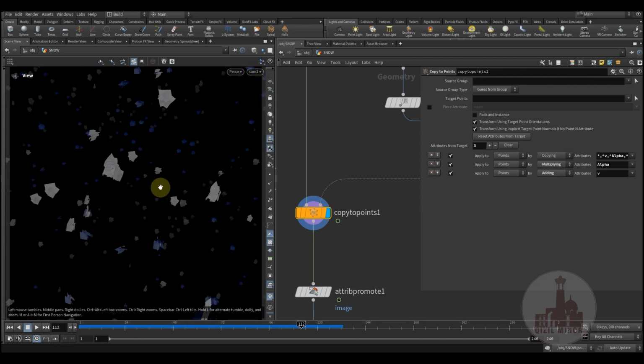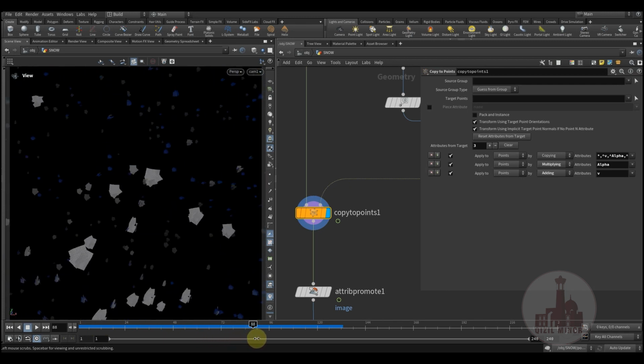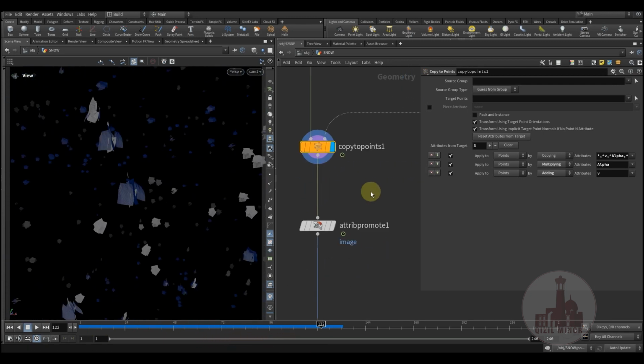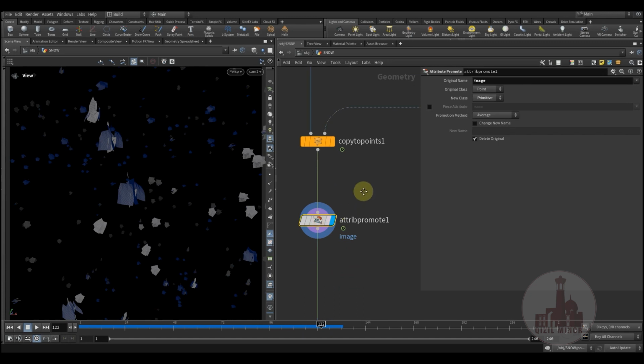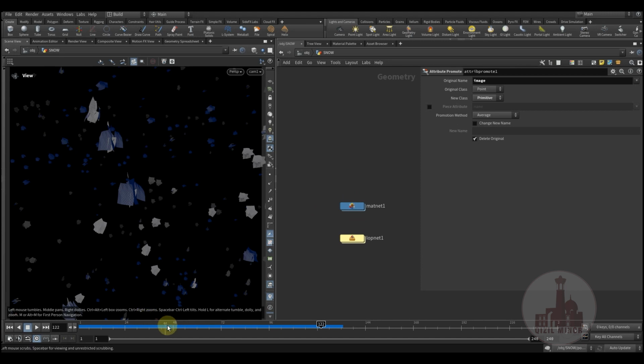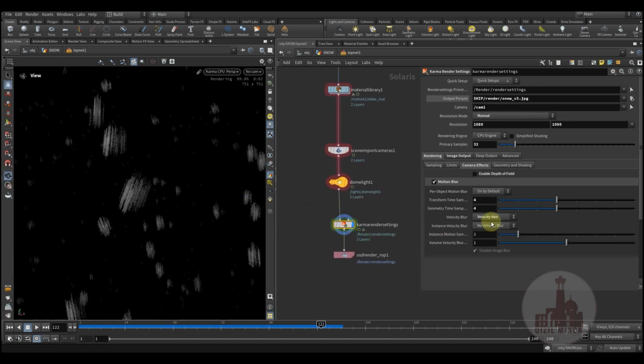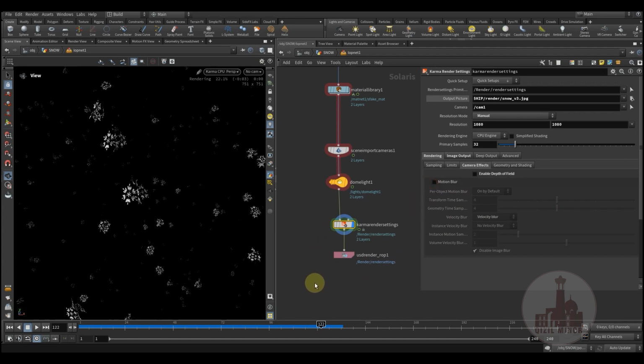All right, so here I'm using the camera, and as you see, we have our particles falling, and then I'm copying this. I'm promoting this image attribute from points to primitives, just to be used in the rendering. So if I switch to the rendering, we just kill the motion blur. So as you see,